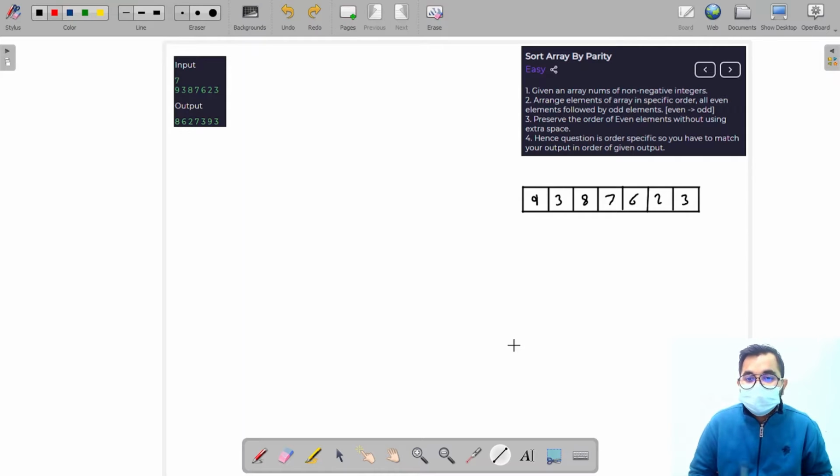Okay, and what we need to do is sort this array in such a way that all the even numbers come first and all the odd numbers come after them, and we are asked to preserve the order of even elements also. Okay,